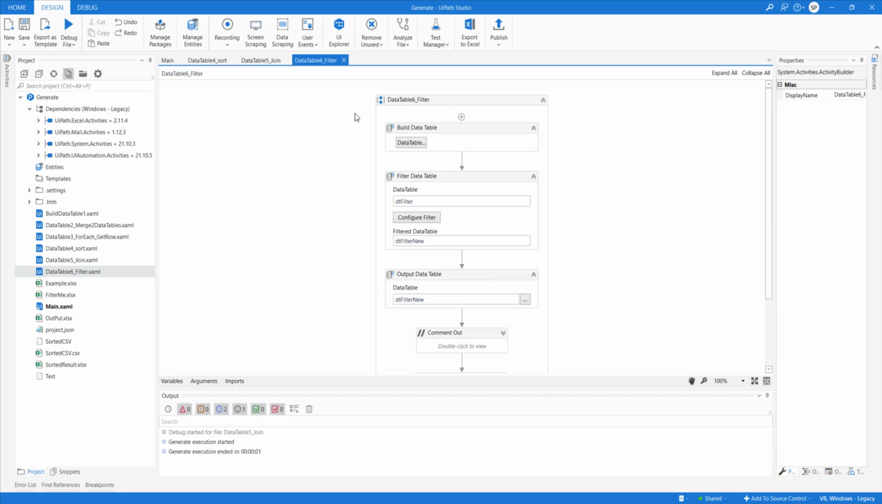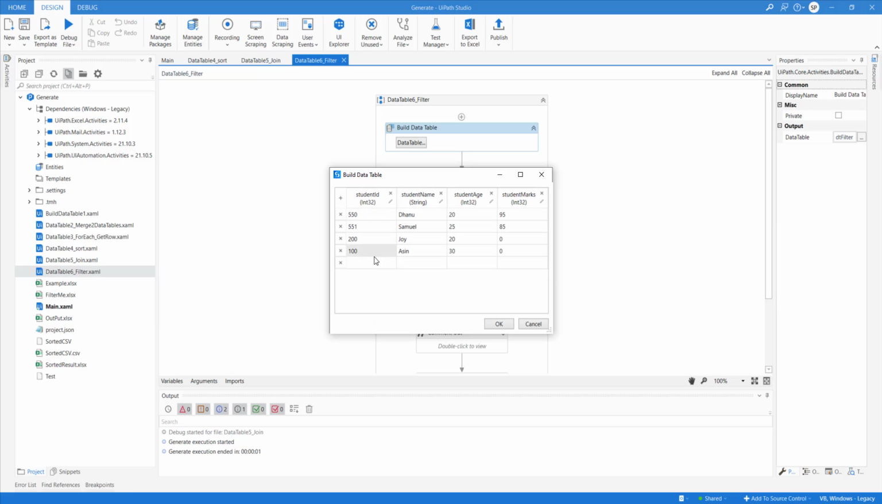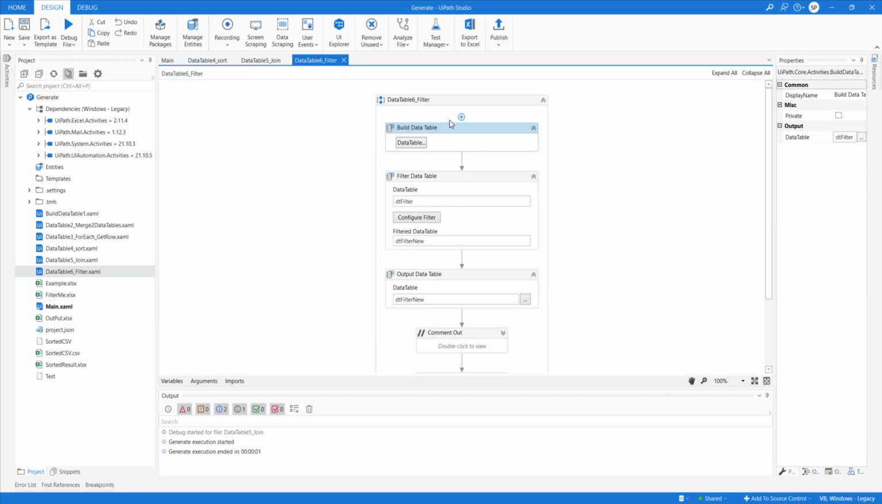How do you need to use it? Same concept, I have used a build data table. I have built the data manually here, or you can use a read Excel file or whatever. The only thing you need to take care of is that you need to pass the input as a data table, and the result will also be stored in a data table. And if you click on